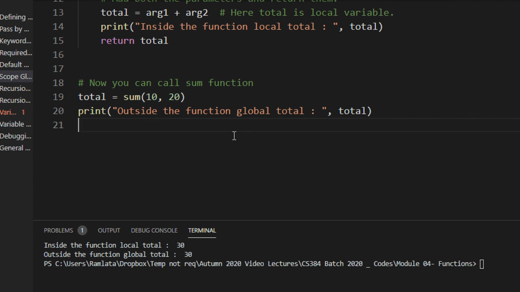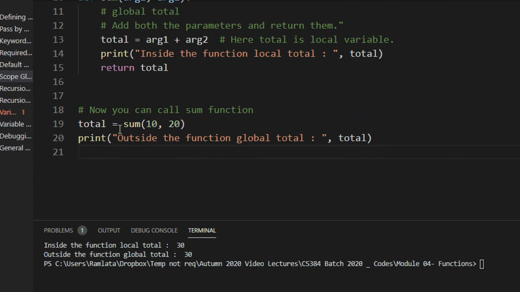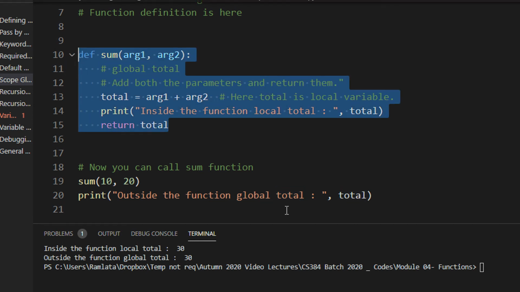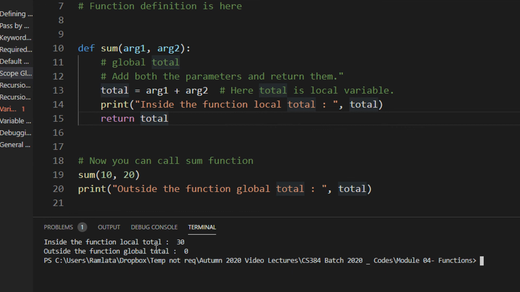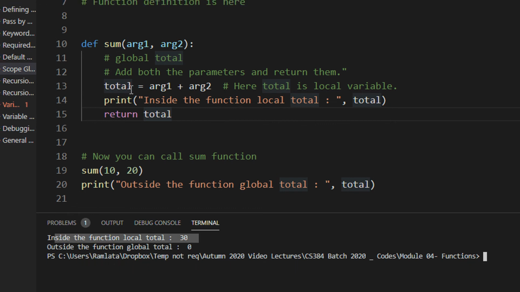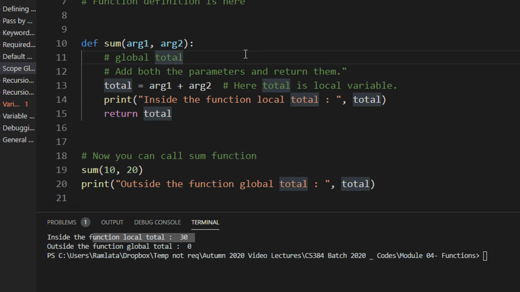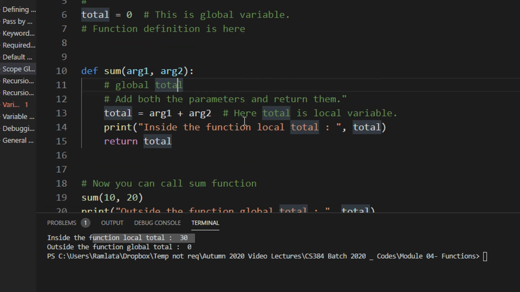Okay, now you may be wondering, if you don't want to have this kind of approach, another thing. So for example, if you want that, okay, see, this total was total to the function only. It did not change the value, as we can see again. This total only changed the value inside sum, but not in the main. Now if you want to change the global value of the total by the function, what you can do is just redefine total like this, global total, right?